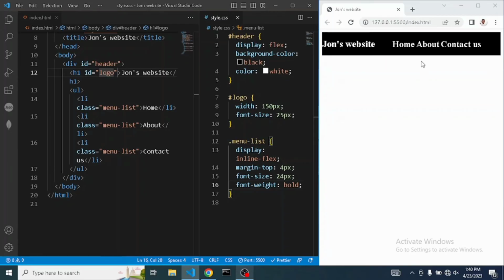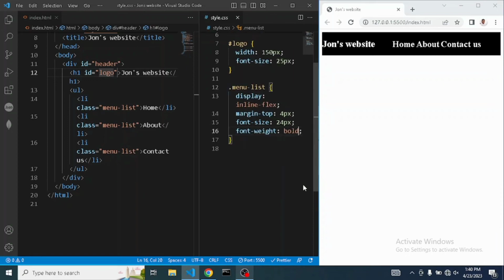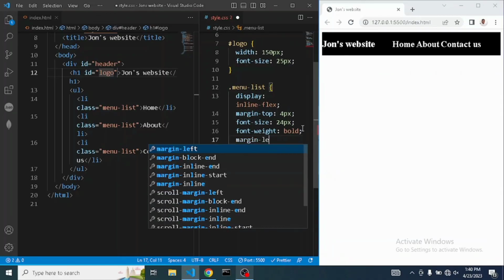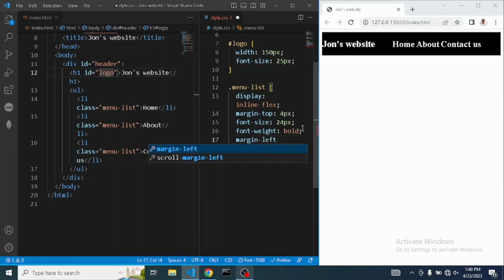So the next thing we're going to do is, since there's a very small space here, we're going to increase the space. So remember I said if we want to move away from something, use margin left. So with this, we're selecting not just the home, we're selecting the about, since we're using class. So we could just say margin left, and when we say margin left, we could give it